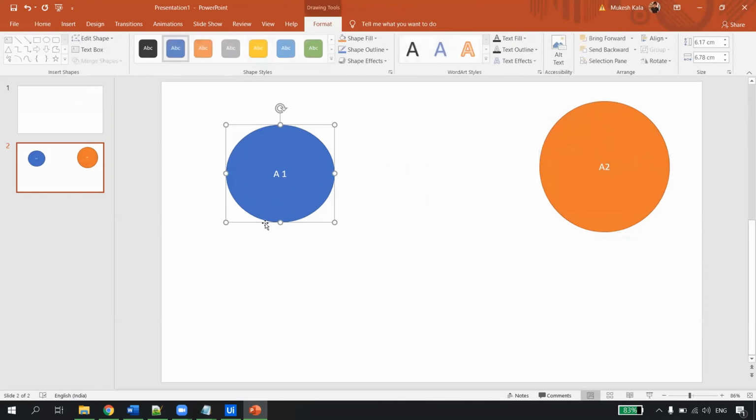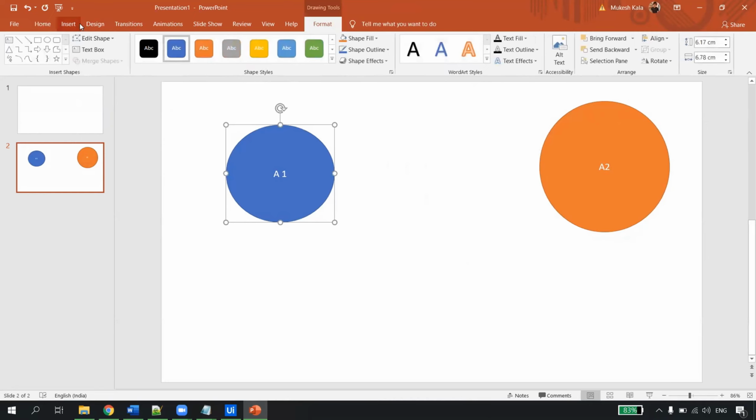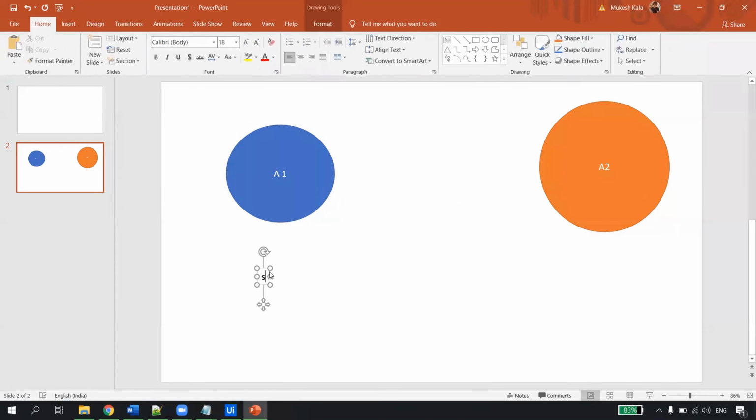In automation 1 I have variables, right? Let's say I have created a variable called str_name. Now I want to use this variable in automation 2. Can I use it directly? No, because this is a variable, right? But with the help of arguments I can use this variable here.